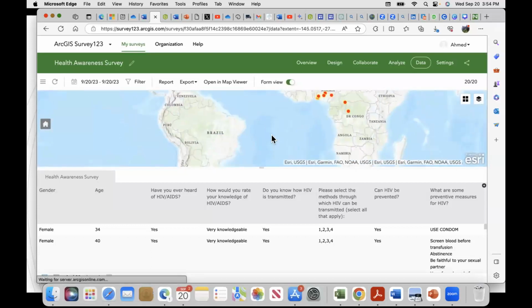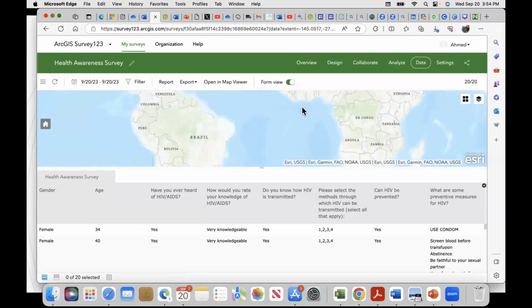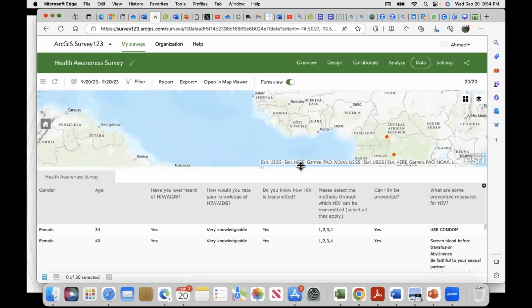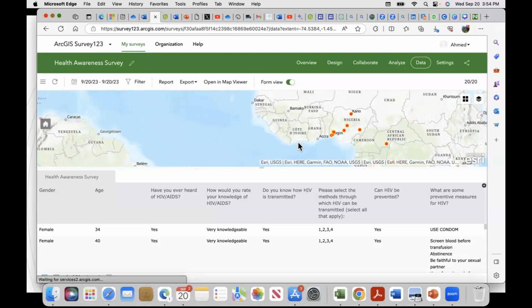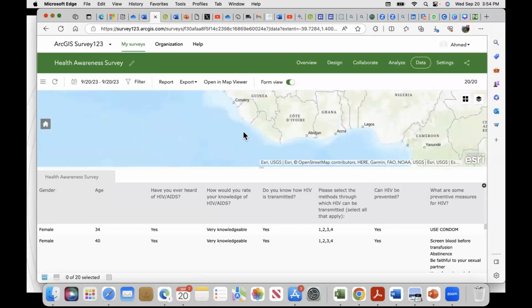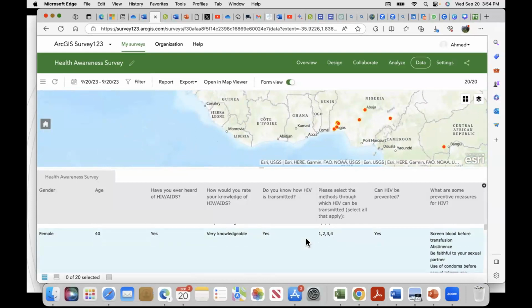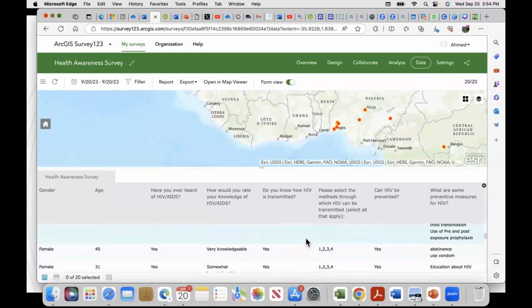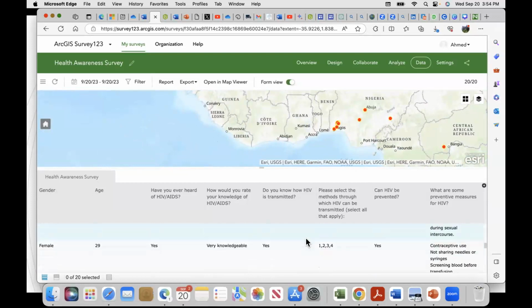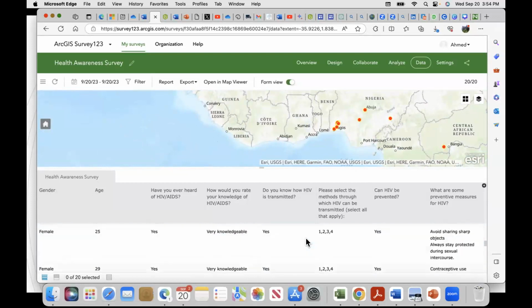So we can see where the submissions are coming from, and we can see the values that have been submitted so far.